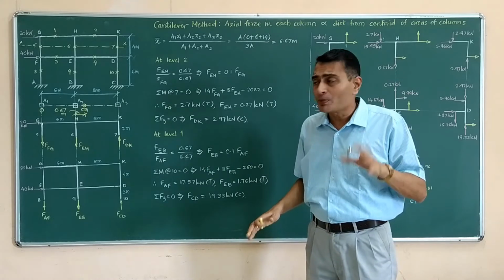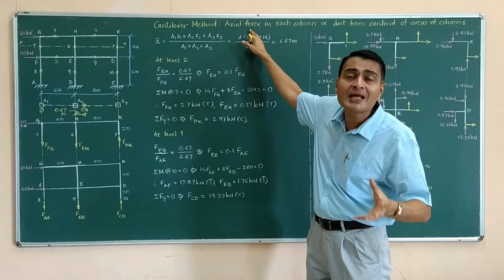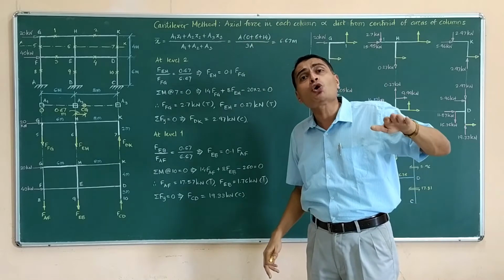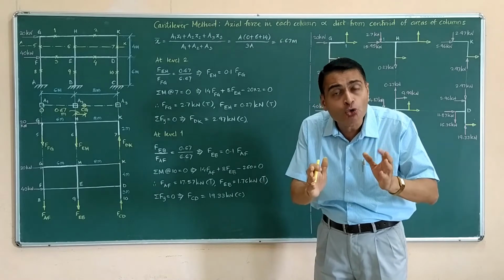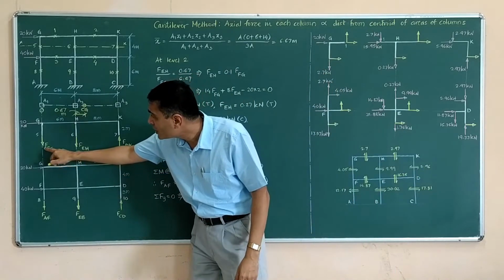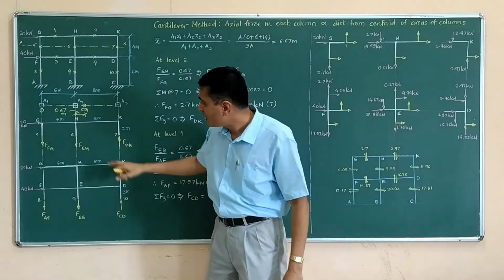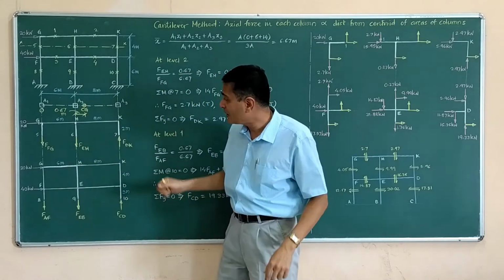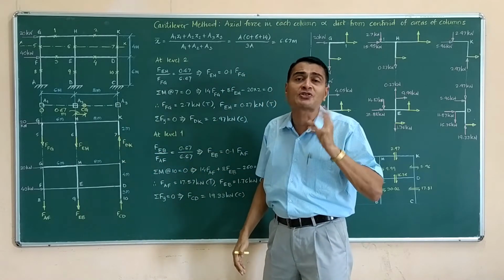Why is it so? Because our assumption is regarding axial forces in cantilever method, number 1. And secondly, I am going to use such an equation where whether I show the horizontal shears or not will not make any difference. How? That we will see. Observe the forces that I have shown. F of AG, I have shown pulling, means tensile. F of EH, I have shown pulling again, means tensile. And F of DK, I have shown pushing, means compressive.